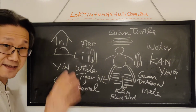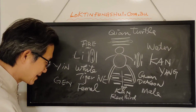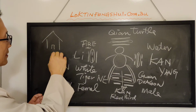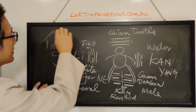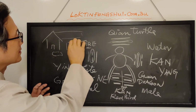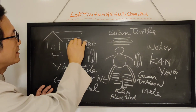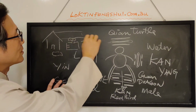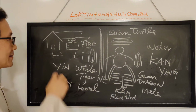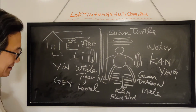I remember many years ago, I went to one house to look at the feng shui, and it was very interesting. The husband liked this kind of structure, mountain. So in front of the house, they built a sickness mountain there, and then in one of the bedrooms, where they sleep, there's a door to the side, and they built another mountain there. That's in the doorway outside. That's inside the house. Go to the backyard, and the backyard is also facing a very busy street, a very busy freeway. So that sickness mountain had the fertility issue. I told them to totally remove that,